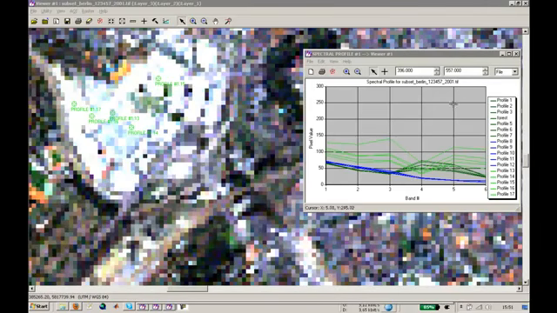So this is the first part of how to characterize objects and their spectral behavior. We will close this and have a look at the two other possibilities of using this profile tool. So we have the spatial profile. This is oriented along a profile which you can create with this polyline, and you will only draw a polyline through your area you are interested in, and you will see the